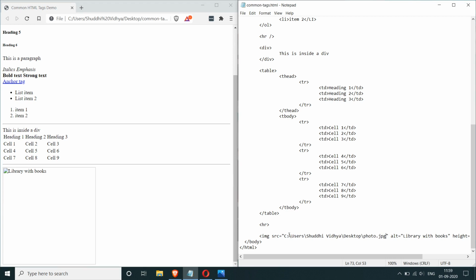It gives you an idea as to what image was supposed to be here. So that's it for this video. In the next video, we'll have a closer look at attributes, which are these. So SRC is an attribute, ALT is an attribute, and height is an attribute. So let's have a closer look at these and what the format is for them. And we'll also have a closer look at file paths and the different ways it is possible to specify these file paths.